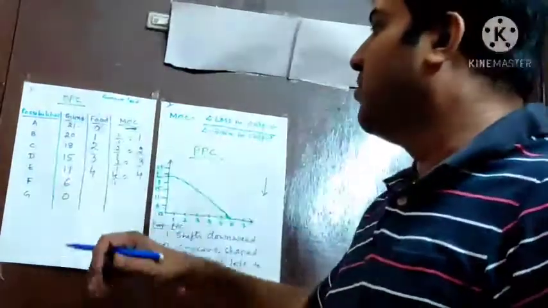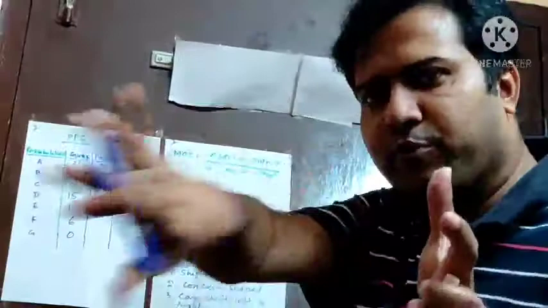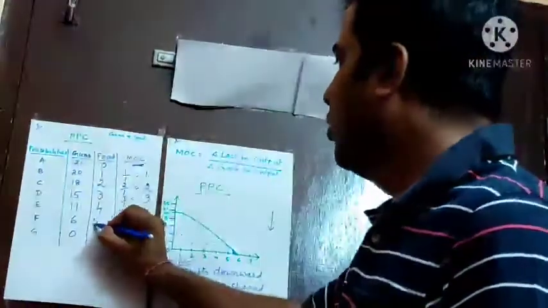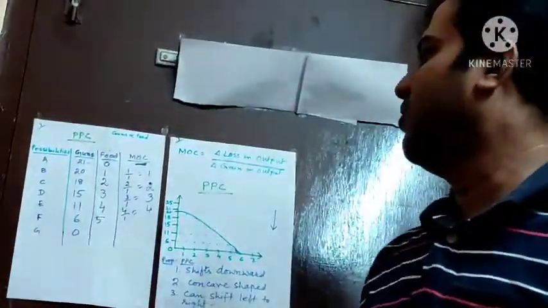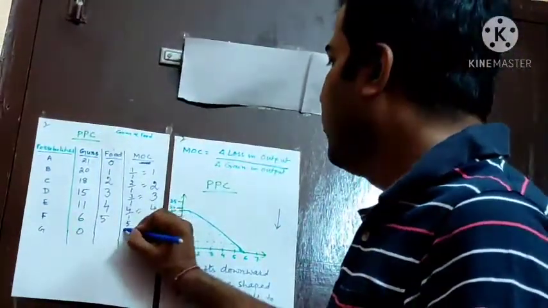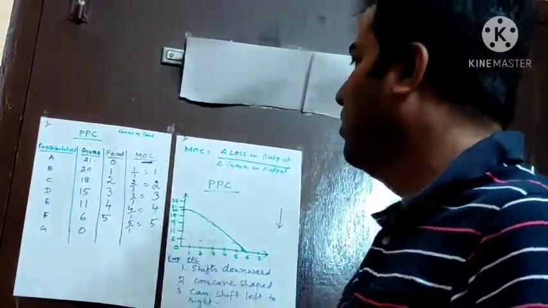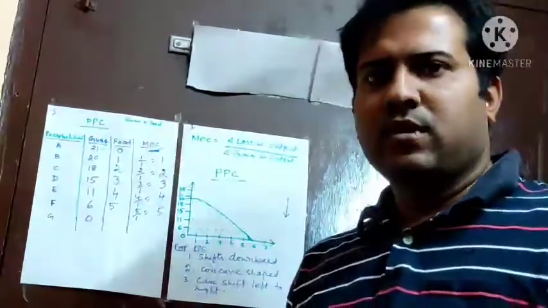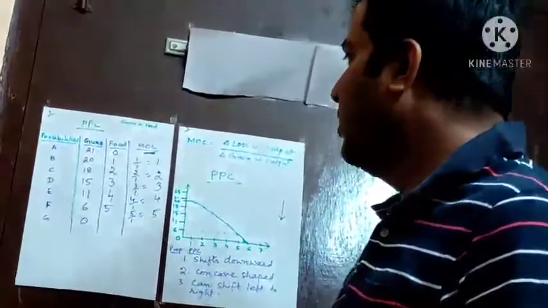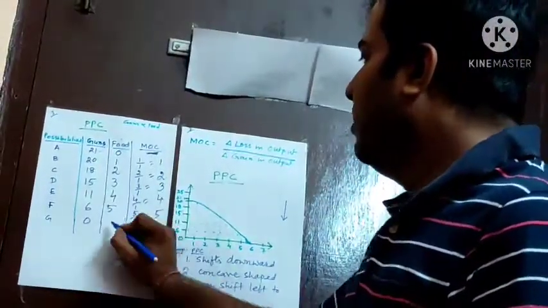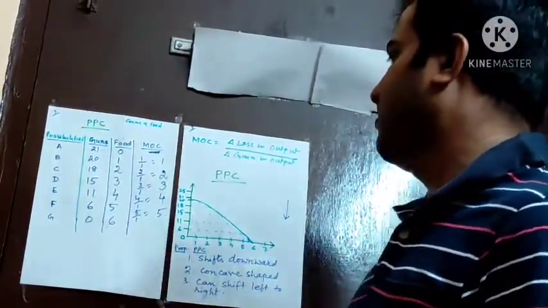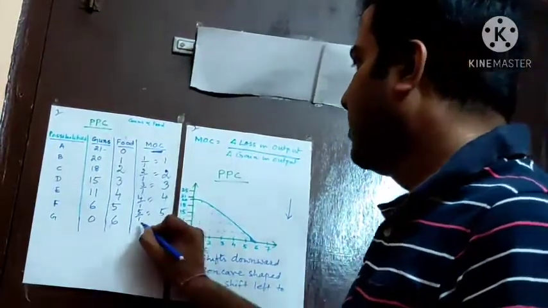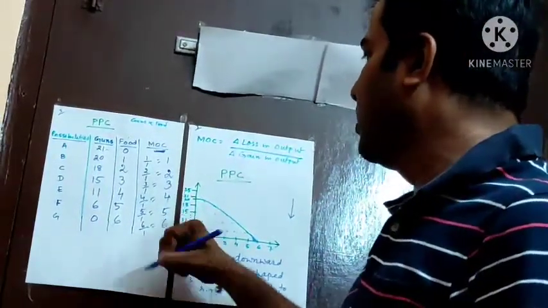Again, we increase. We are taking the workforce from gun and bringing it to produce food. More workforce we bring to food. Then what will be the MOC? 5 divided by 1 equals 5. After that, what will become? When I make it 6, 6 divided by 1 equals 6.